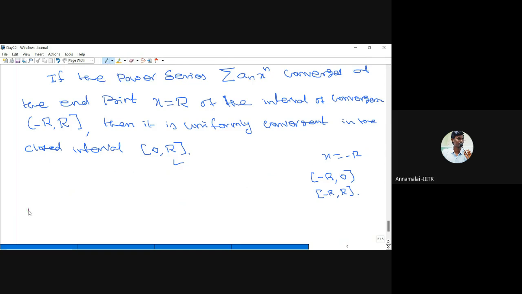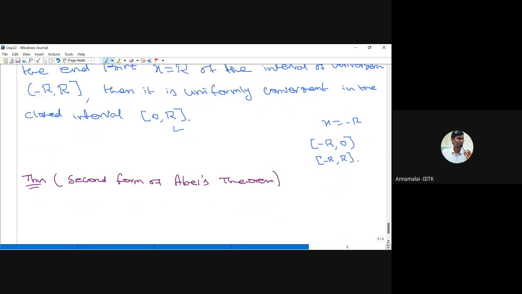Next theorem, the second form of Abel's theorem. Suppose we have a power series with the radius of convergence r. If we define f of x equal to the summation a_n x power n, then if you substitute x equal to r, so if the power series